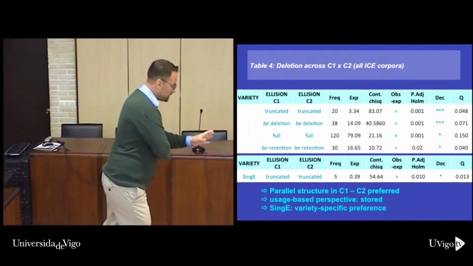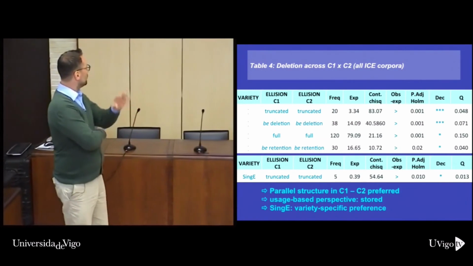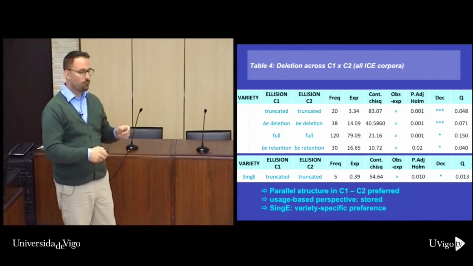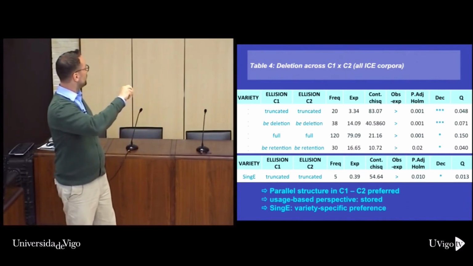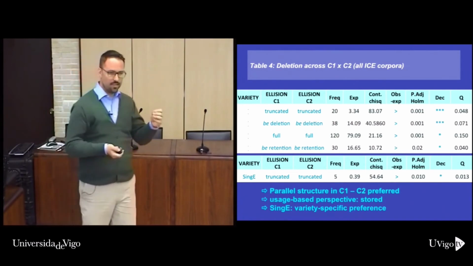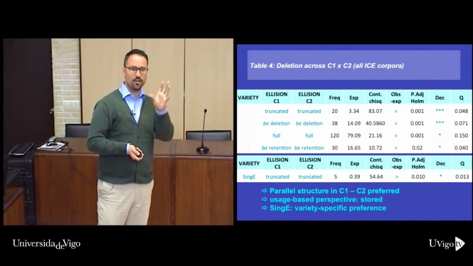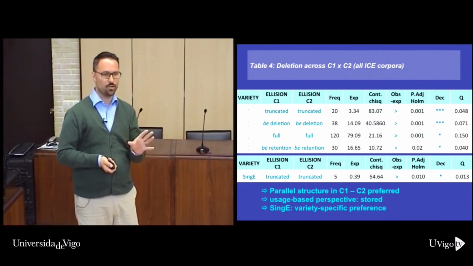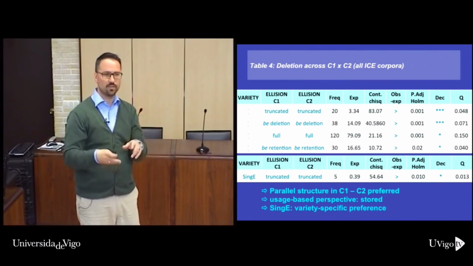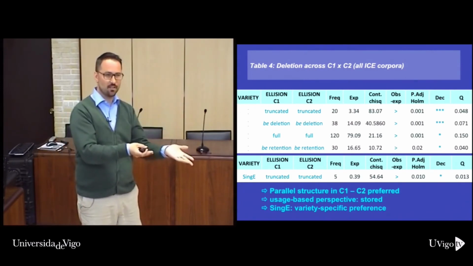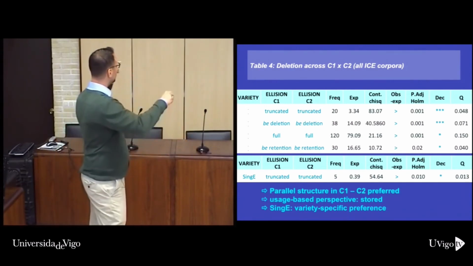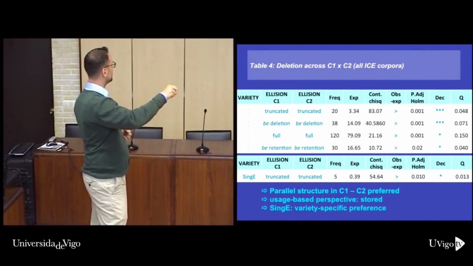And what the stats does is it takes into account that perhaps full clauses are way more frequent than the others. But taking into account how frequent these are, in the first clause and in the second one, even then, is there common occurrence that it's full in the first and full in the second one? Significantly, this happens more often than expected by chance. Even taking into account that there's lots of fulls in the first and lots of fulls in the second one, so just by chance you expect many full types, there's even more than expected, and that's statistically significant. And also for truncation, deletion, and retention.